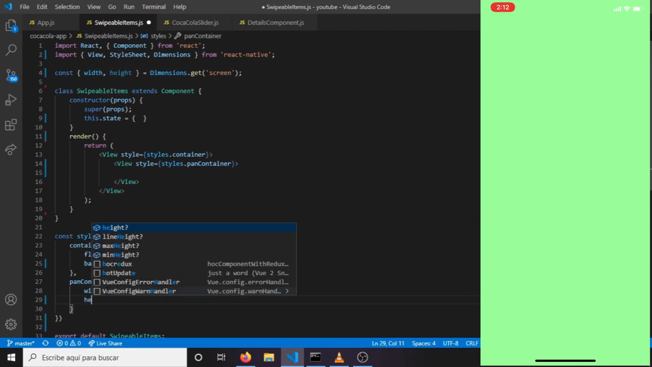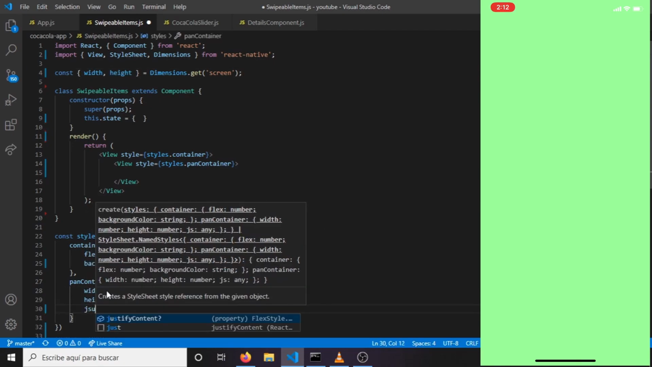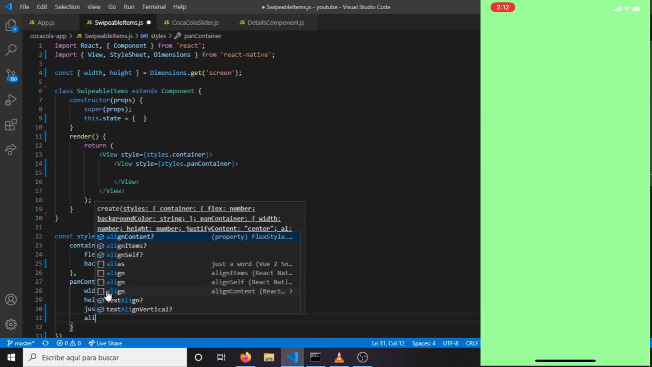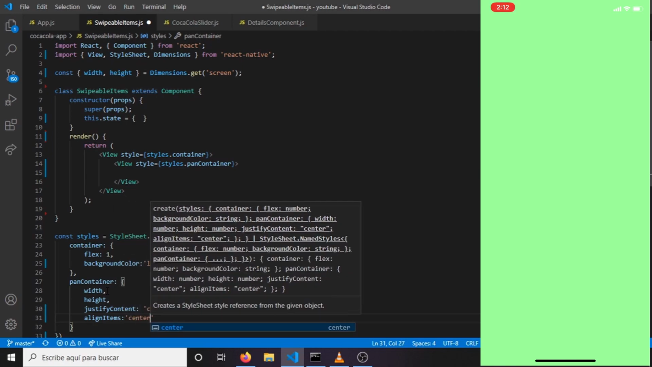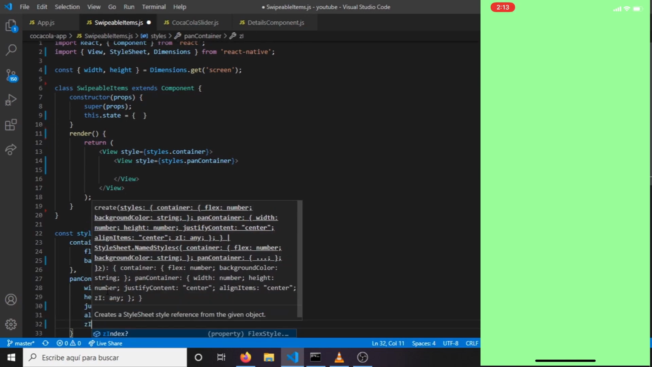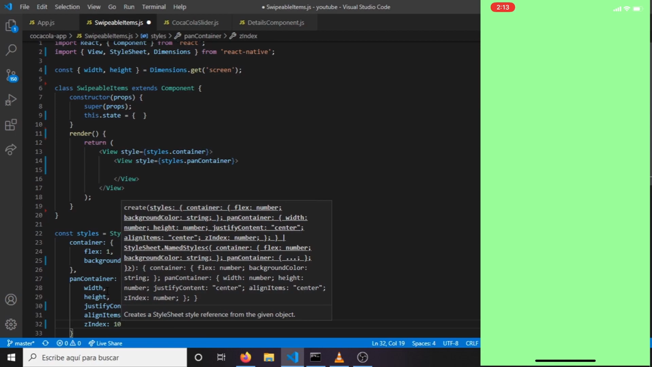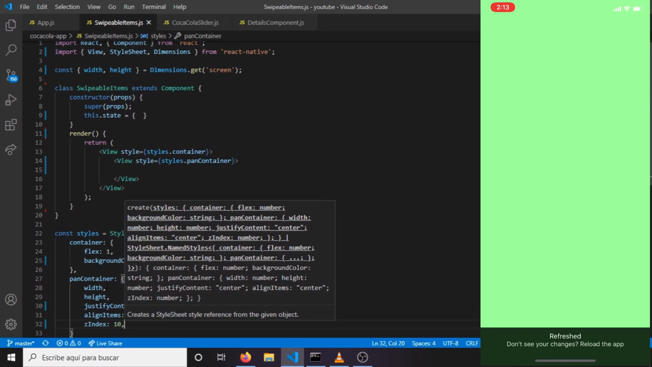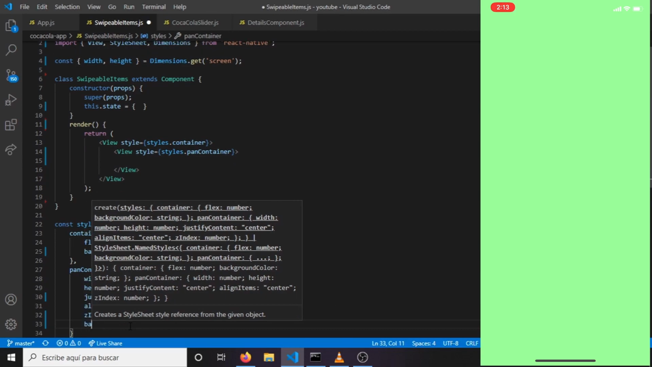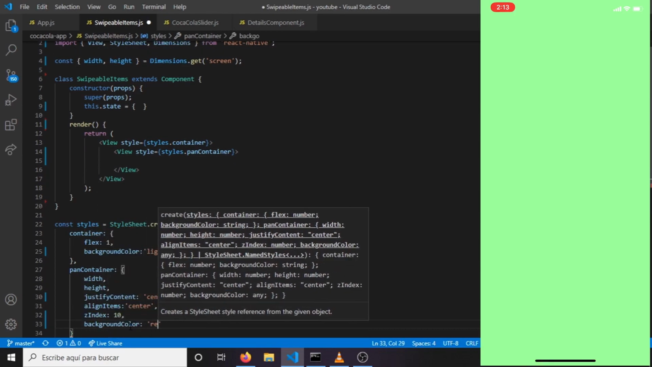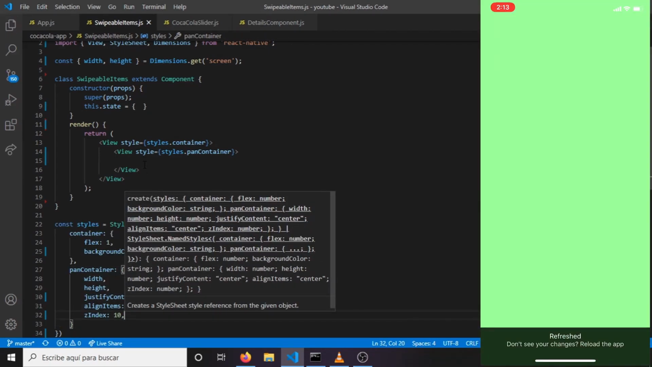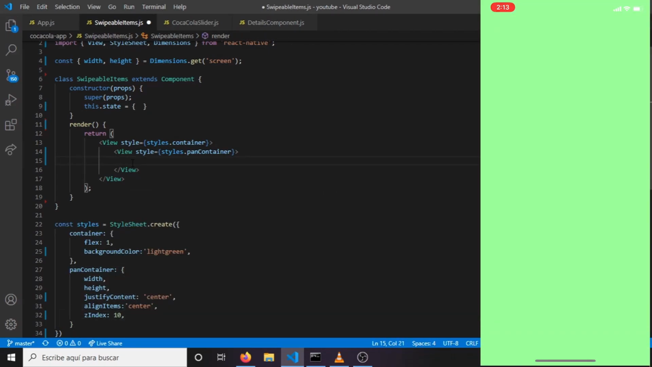view. We're gonna center the child elements of this view, and we're gonna set a z index of 10 so it gets on top of what we're going to add next. We add a background color to see how it looks, so it's what we wanted, like this. Now we're gonna add here